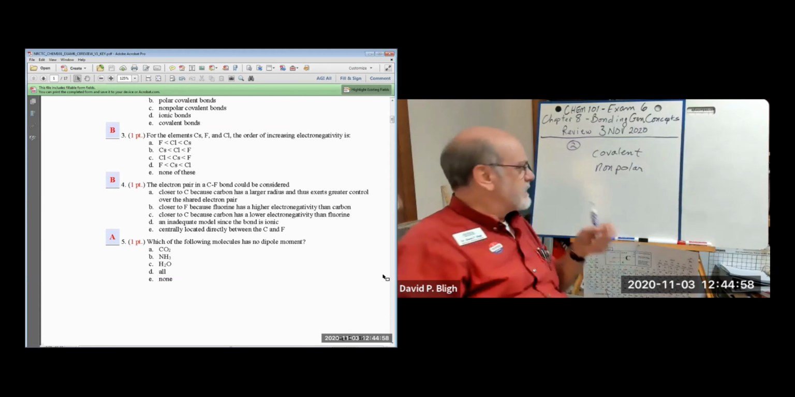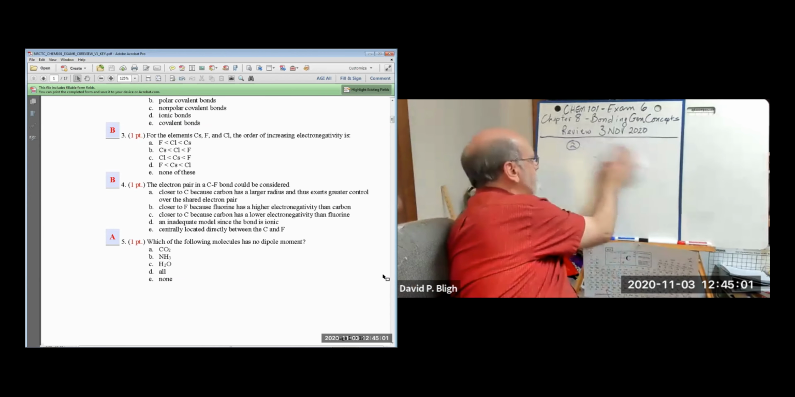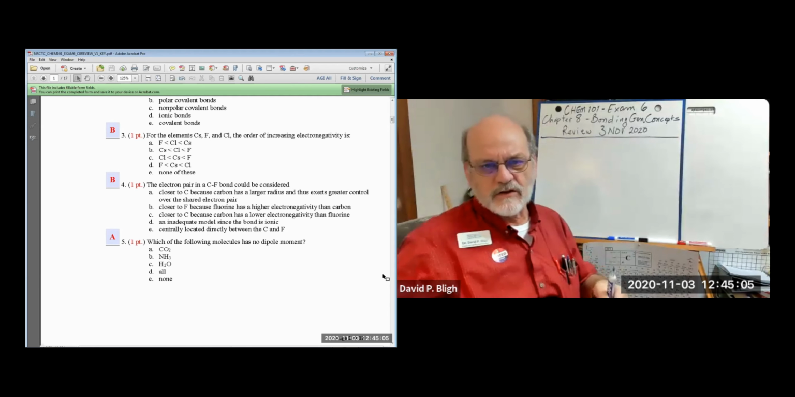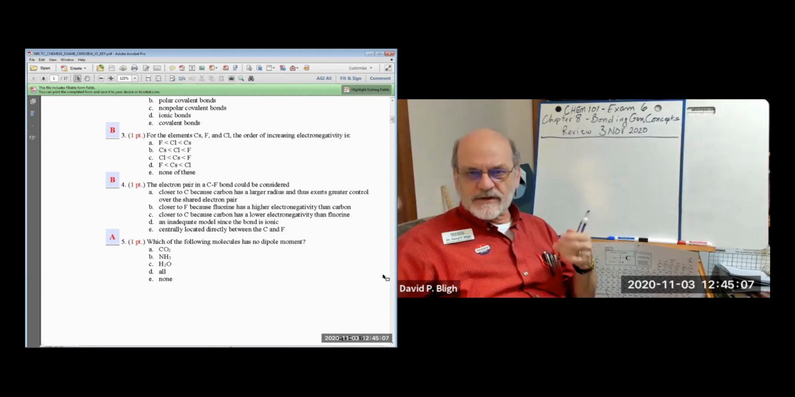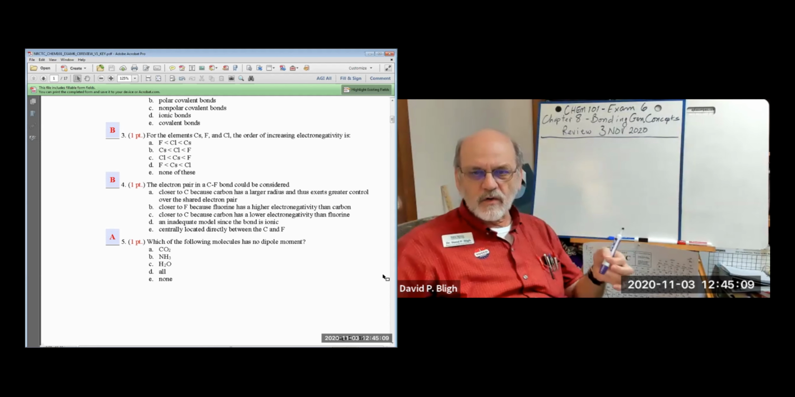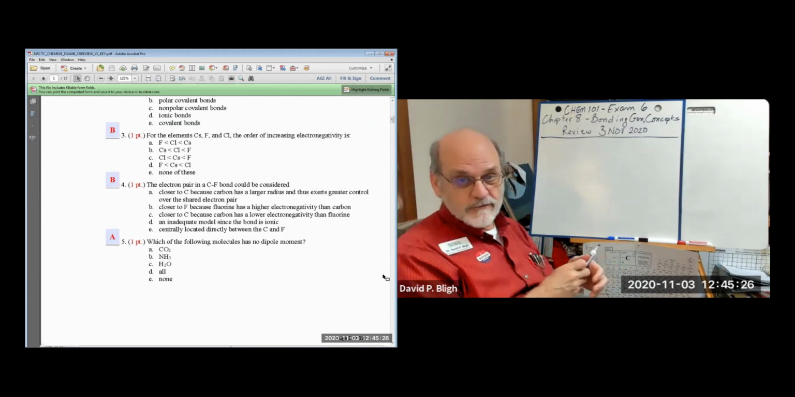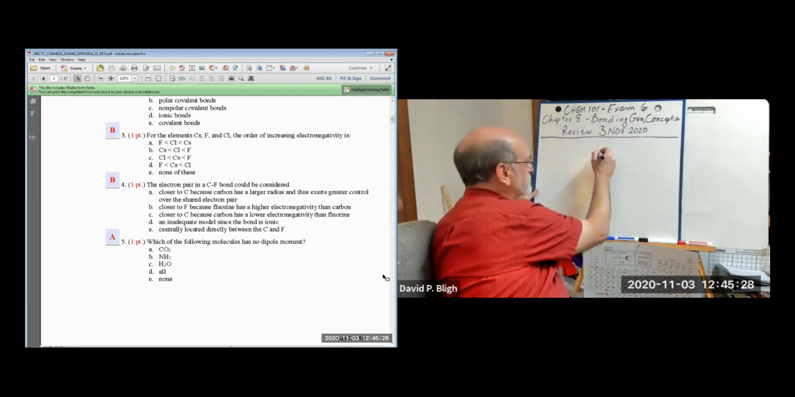Okay, for 3, I'm going to do the whole first page. For these elements, cesium, fluorine, and chlorine, the order of increasing electronegativity is. So the last one has the highest, the first one has the least, and then there's one in the middle. The easiest way to deal with this one is to use the periodic trends. If we have cesium, fluorine, and chlorine,